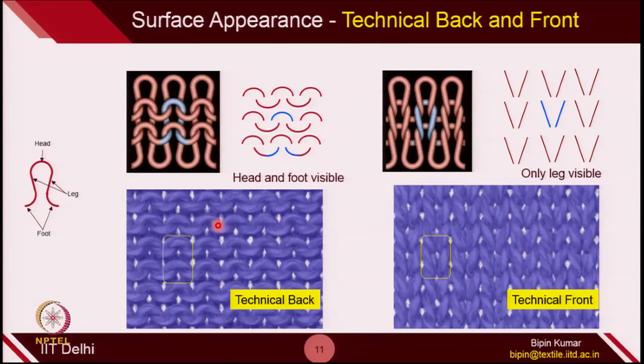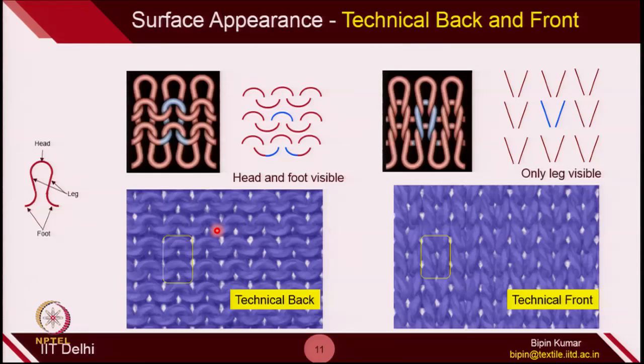Like in case of woven fabric, when you turn both sides, it almost looks similar, but in case of knitted fabrics, you can easily see the difference, where one side looks like arcs and the other side looks like V's. So, I have the fabric with me through which you would be able to easily find out which side is technical back and which side is technical front.